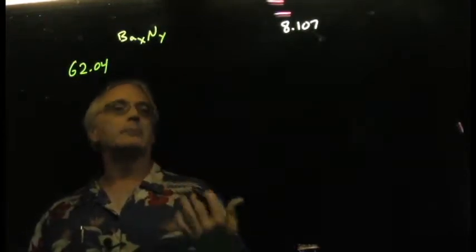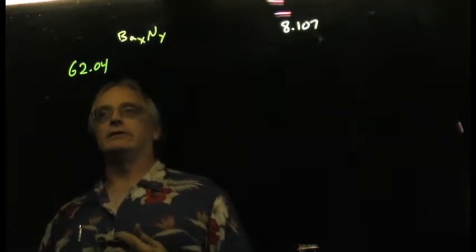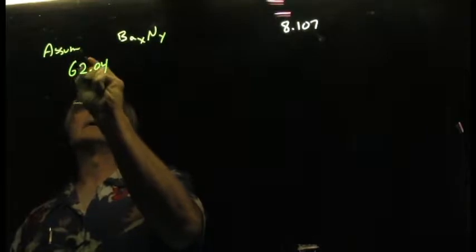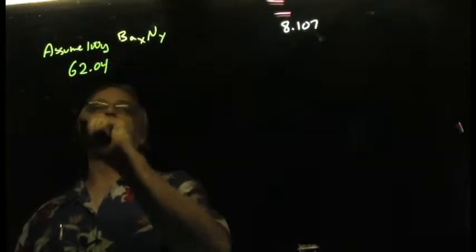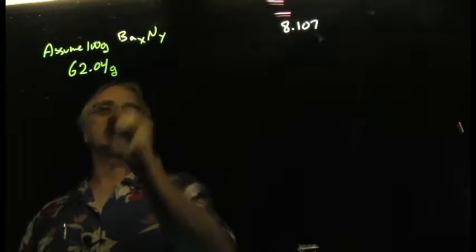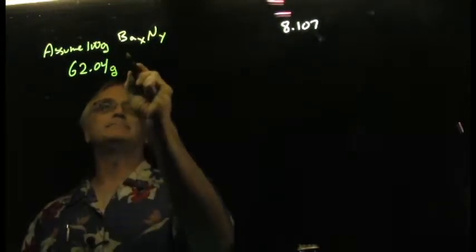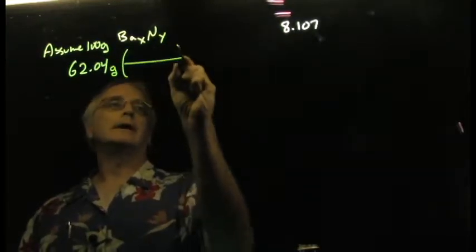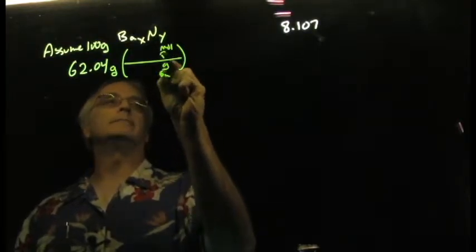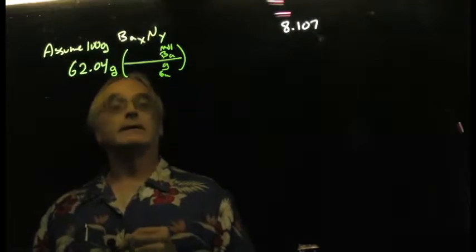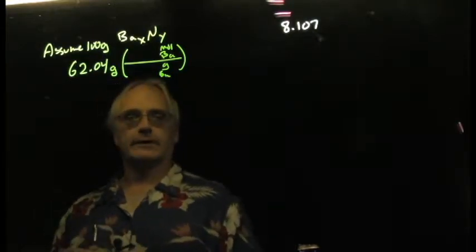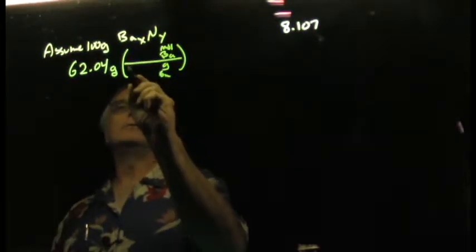62.04% barium by weight, which translates into, assume 100 grams of this stuff. 100 grams of this stuff, that means I've got 62.04 grams of barium. And so I'm going to turn my grams of barium into moles of barium. And I have to get the atomic weight of barium right off the periodic table. And looking it up on the table,